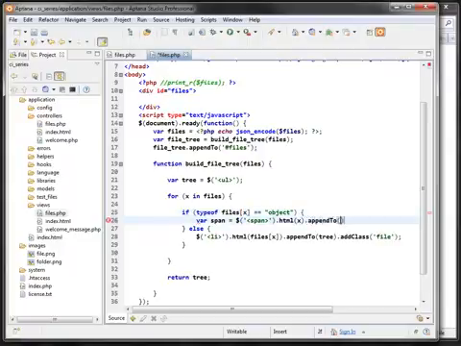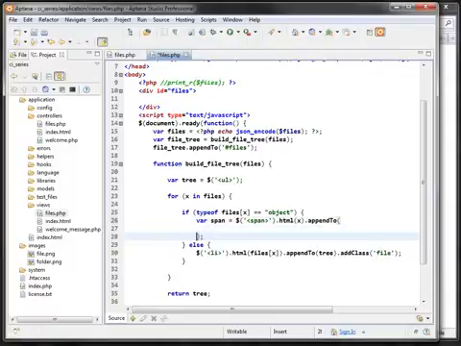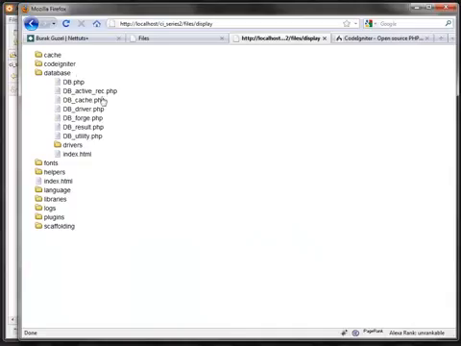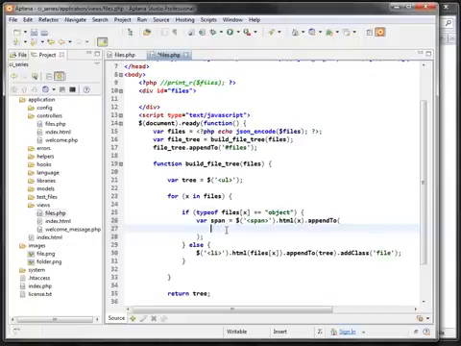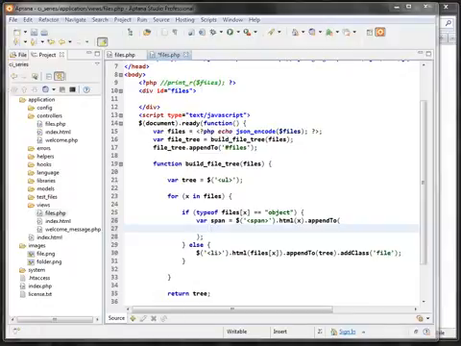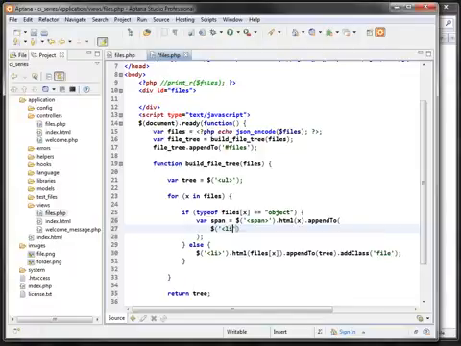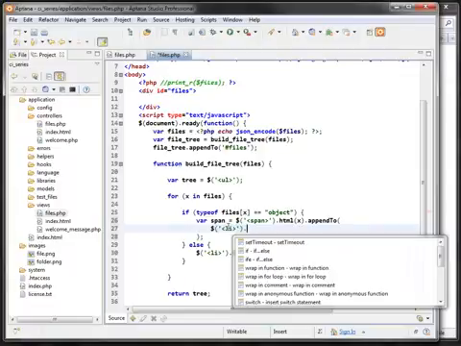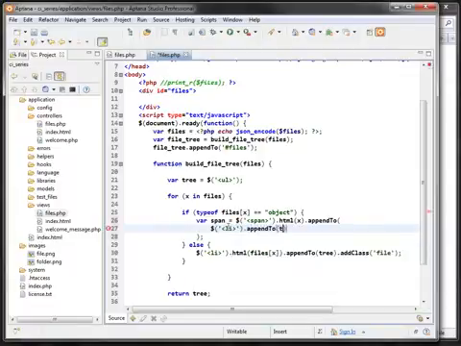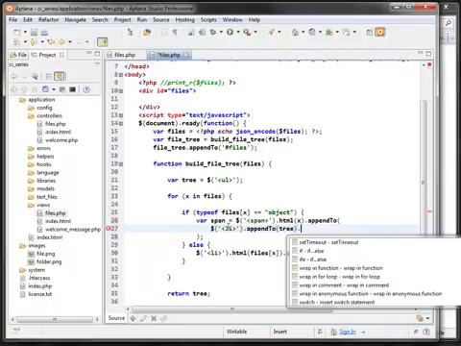I'm going to append this. Now, for each folder there's a sub list here, so it's like this is a whole tree, but each subtree is also like the parent tree. So we're going to have a recursive subtree here. But before that, I'm going to enclose it into a list item again with the class